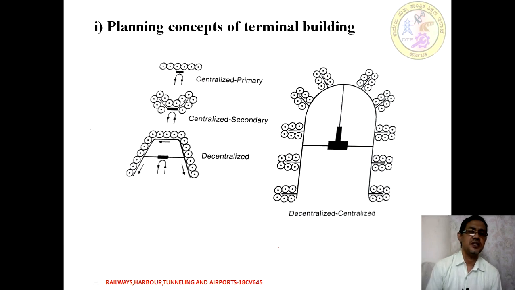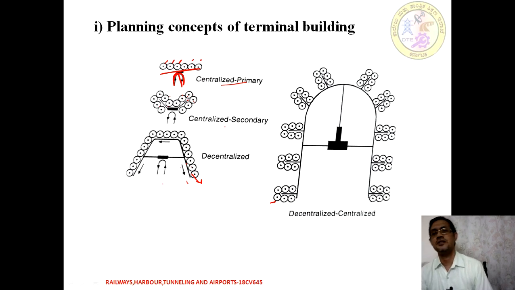In this image I have a clear point. These are going to be different bases. If it is a centralized primary system, it is at one stretch, where the passengers are taken care of in one stretch. If it is a secondary system, we have facilities on either side to cater to them. Next is the decentralized one. All the activities take place exactly at the departure point, so no passengers or baggage are in a centralized building.